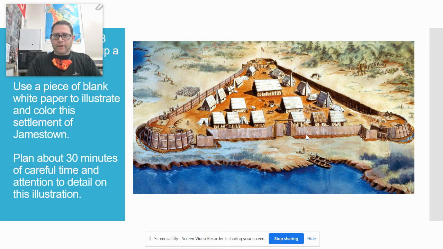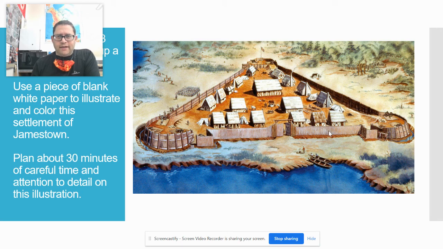So let's go back to this. We have the walls around it. Here are a couple of boats, little boats that they would take out to the ocean, where they have their bigger ships anchored. And they bring it back and forth. They didn't have a deep water port for them to pull up big ships, so those have to stay out here in the ocean. And this place is lame.